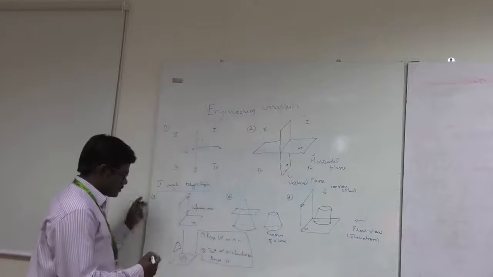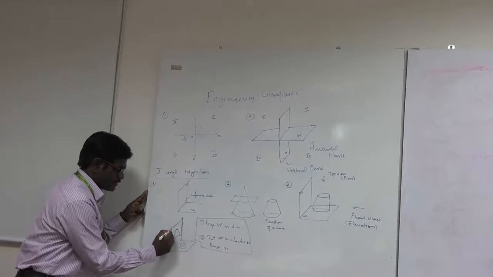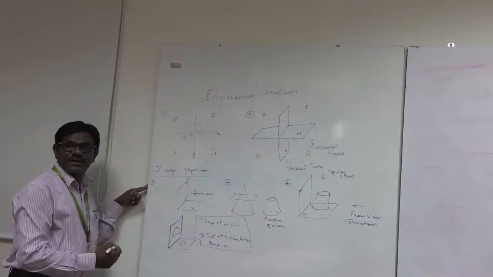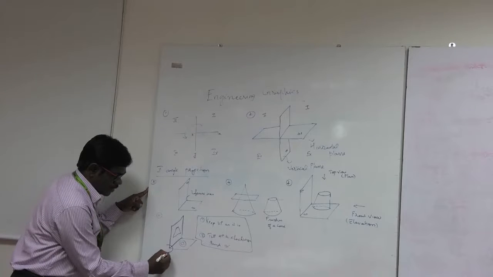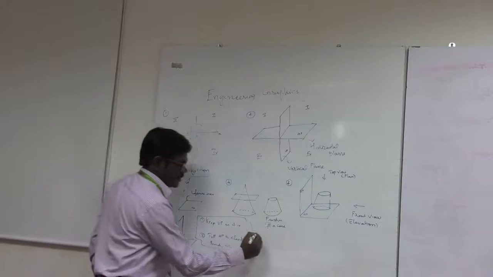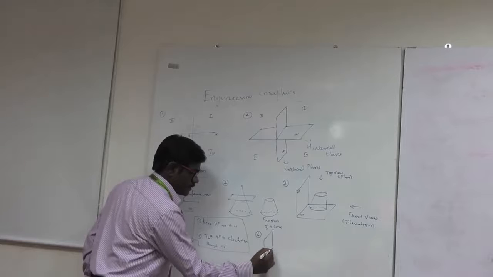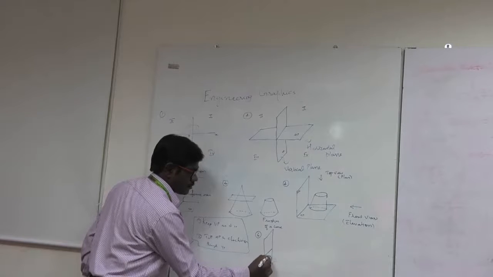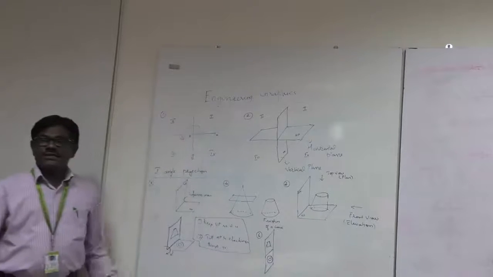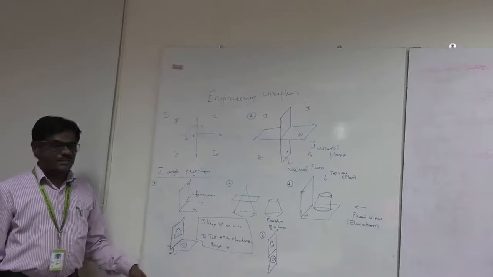Okay. So keep VP as it is. So VP will be kept as it is. HP is tilted or rotated in clockwise through 90 degree. So what will happen? HP will come down like this, and VP is as such. So you get your elevation goes up and plan comes down.